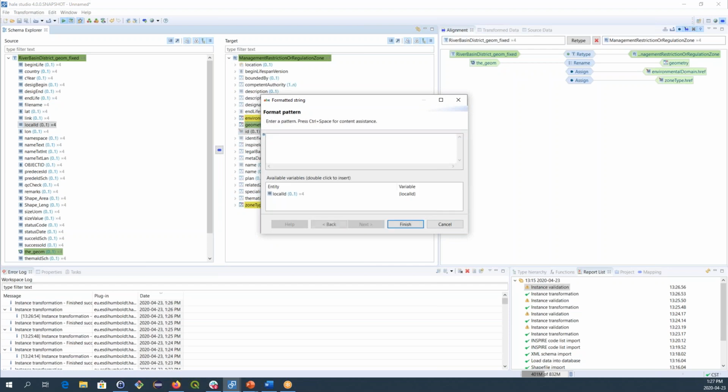Okay, I'm going to click next. So what we typically do to create IDs that we transform when we do Inspire mappings, we typically use the pattern feature type name underscore local ID. So in this case, the feature type,